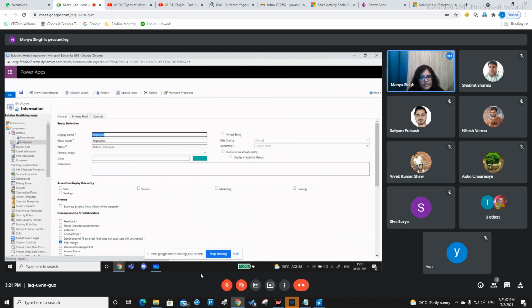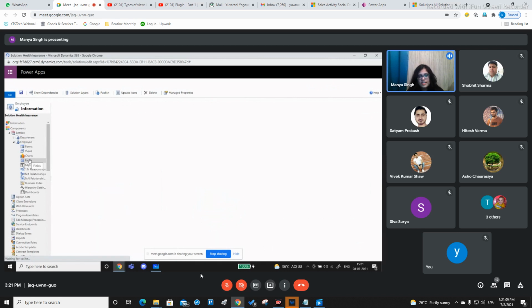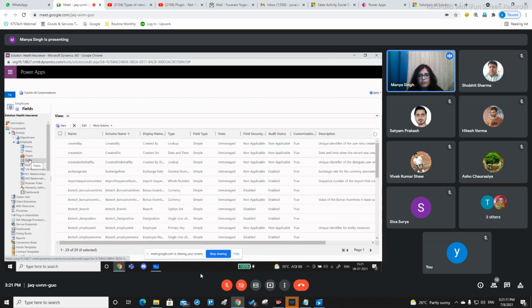Here, what we'll be doing is creating a new field, a lookup field. A lookup, just as the name suggests, is going to look for a particular entity, and it is going to search any of those records which are present in that particular entity. So right now, if I just click on new,